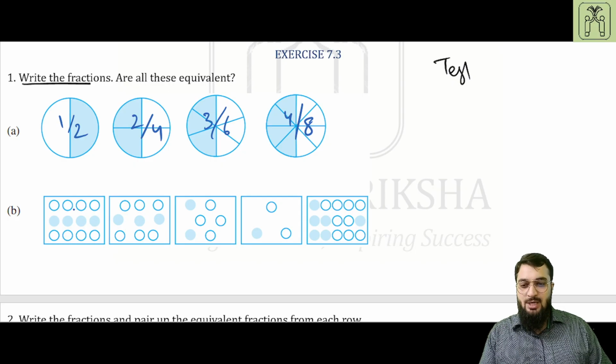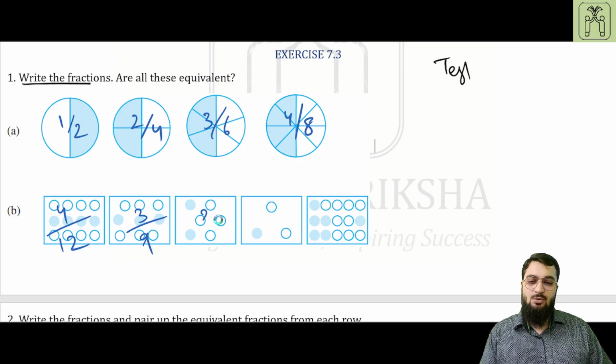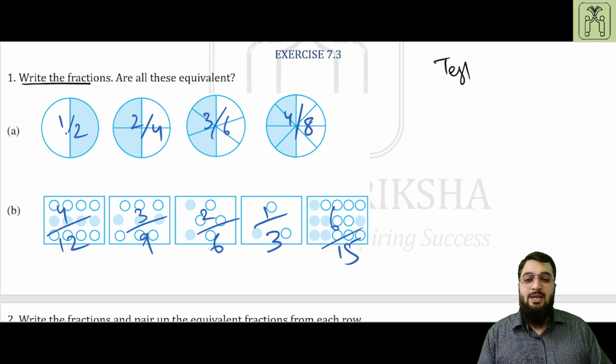Now coming to B, it will be 4 upon 4 threes are 12. This will be 3 upon 9. This will be 2 upon 6. This will be 1 upon 3. And this will be 6 upon 5 threes are 15. So if we talk about part A, the fractions have been